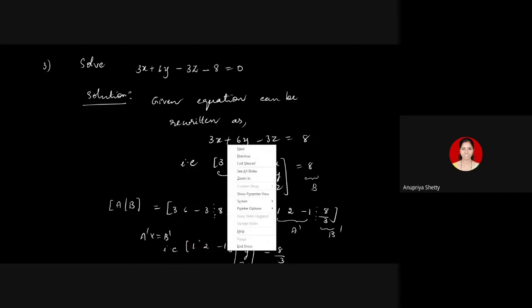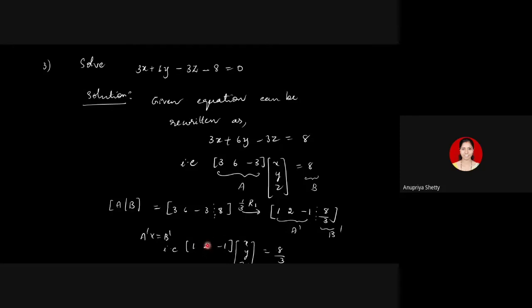So according to the proposition, what we have to do at this point is look for the non-pivotal columns, that is, columns which do not contain a pivot. Corresponding to those variables, you have to give arbitrary values and solve for the variable which corresponds to a pivotal column. Your first column has a pivot. The second and the third columns don't have a pivot. What are the second and the third variables? They are y and z. In the earlier case, it would be x2 and x3. Now it is y and z. So for y and z, you give arbitrary values.